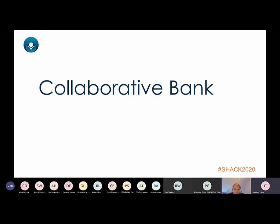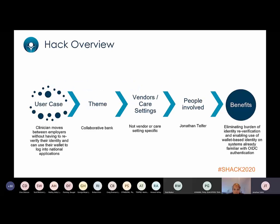So looking at the collaborative bank piece of work that's been mentioned already, which is a really interesting use case for staff moving around on a fairly frequent basis, and some of the problems that causes for them. It's an interesting problem from an NHS Digital perspective, looking at the staff passport and the digital wallet and thinking about how we can help, particularly from an NHS identity and CIS perspective, with the credentials and the authentication that we already know about for staff users where they've been through that registration authority process. So we know they have an IAL3 level identity,